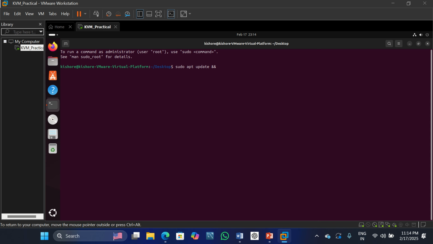and sudo apt upgrade. Yes. Okay, y hyphen y. Yes, sudo apt update and sudo apt upgrade. Now password is same, Linux 90. Okay,